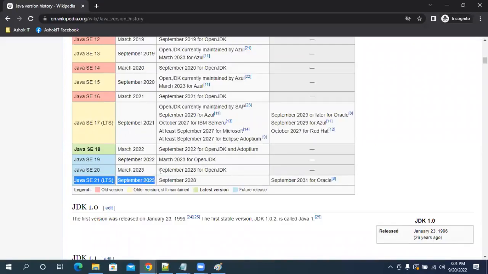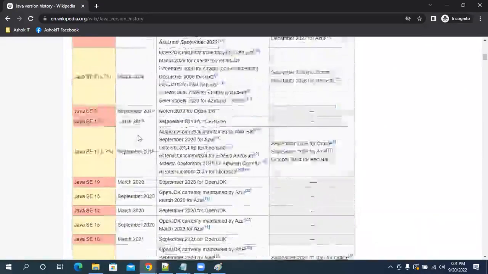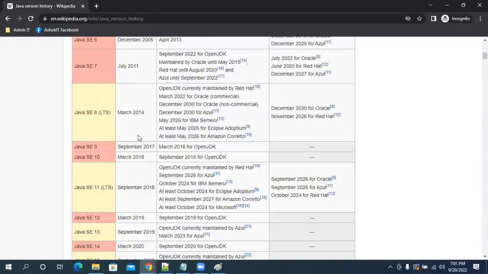But to be frank, after 1.8, people are not bothering about new Java versions, because Java versions are coming very frequently. 95% of the projects in the industry are still running with Java 1.8. Oracle is not giving people time to understand the next version.